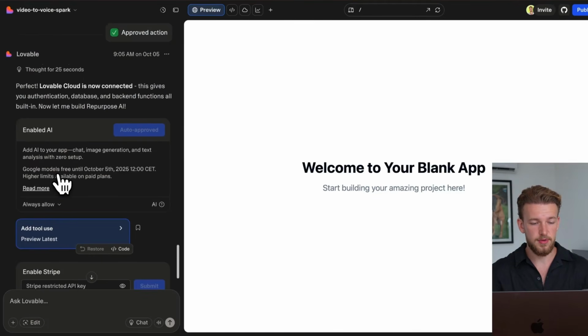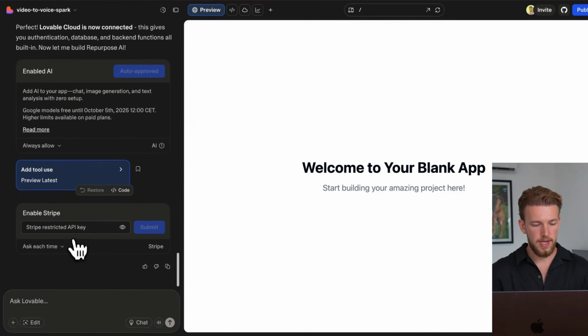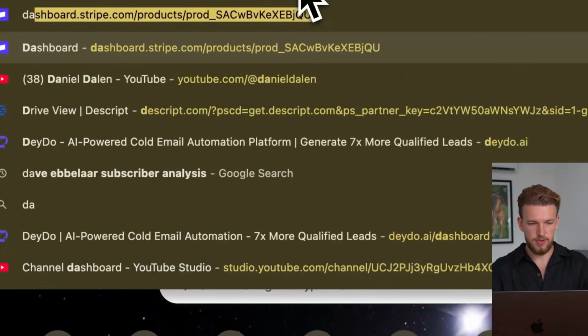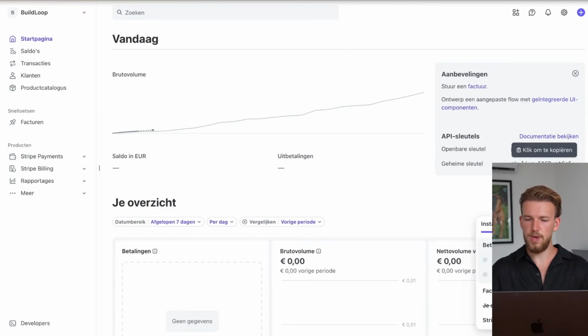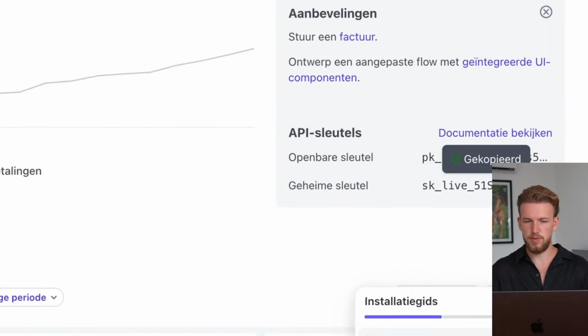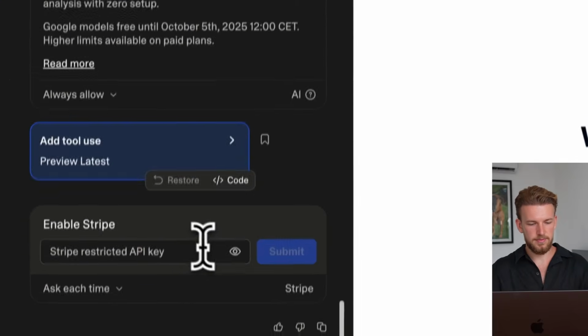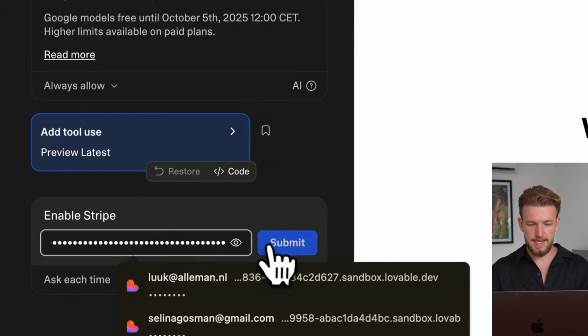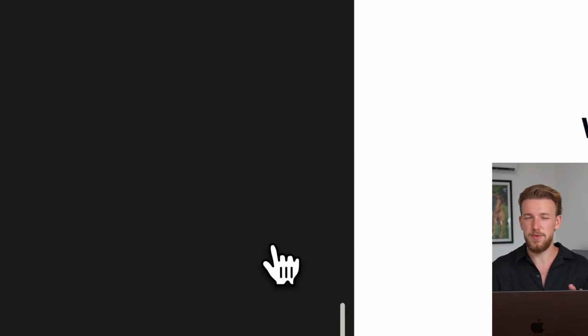Okay, perfect. So Lovable Cloud is now connected. We now need to enable Stripe. So how we'll do that is we'll just go to dashboard.stripe. We have our secret key here. We can click to copy. We can go back to Lovable and we'll just paste that here, submit, and that's everything we need to do